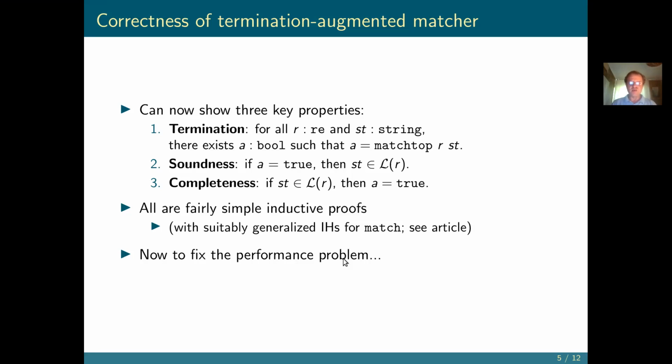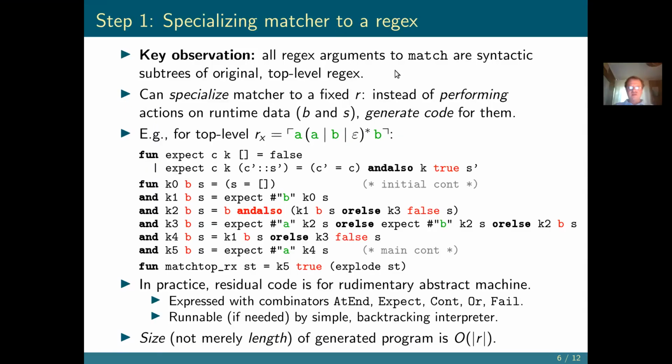So now let's look at performance. And here we note that we never actually construct the new regular expressions at runtime. They're all just sub-expressions of the original top-level one. And that means that it's actually feasible to specialize the matcher to a given regular expression. That is, instead of performing the matching actions directly, we generate code that will then do them once B and S become known. So if we, for example, look at this regular expression that matches strings of A's and B's